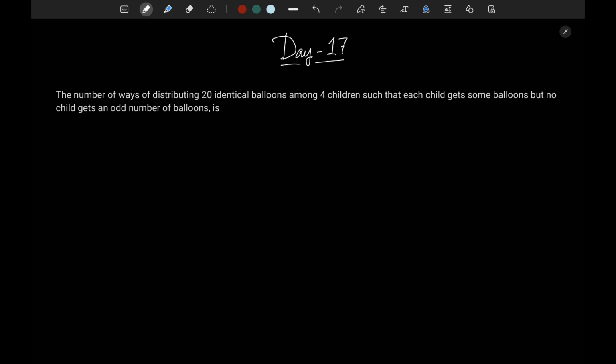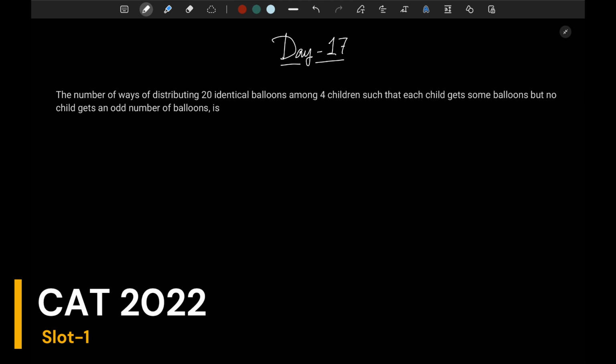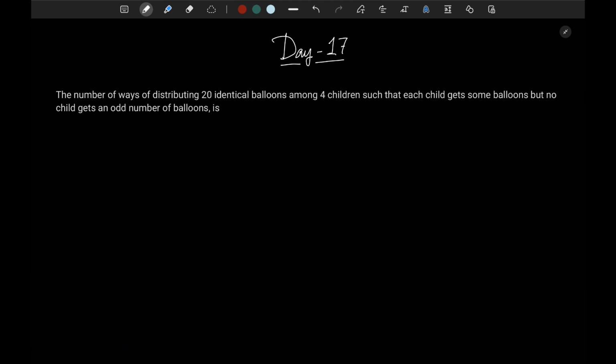The question on your screen is from CAT 22 slot 1 paper, and this particular question is from combinatorics. This is perhaps the first time in our channel we are going to solve a problem on permutations and combinations. So let's get started. The question is saying that the number of ways of distributing 20 identical, this word is very important, identical balloons among 4 children such that each child gets some balloons but no child gets an odd